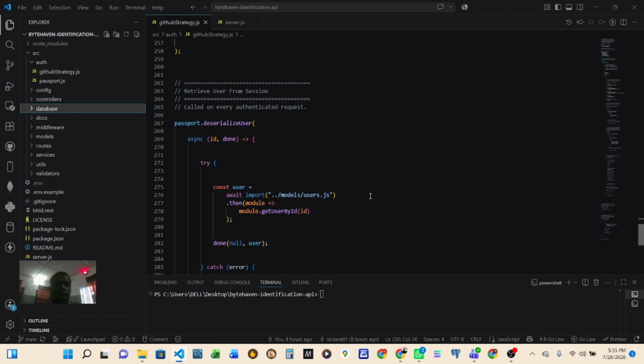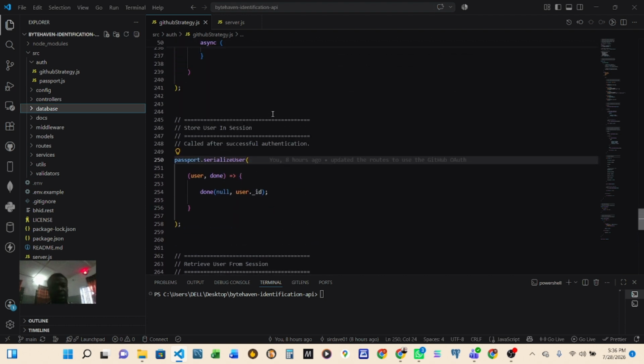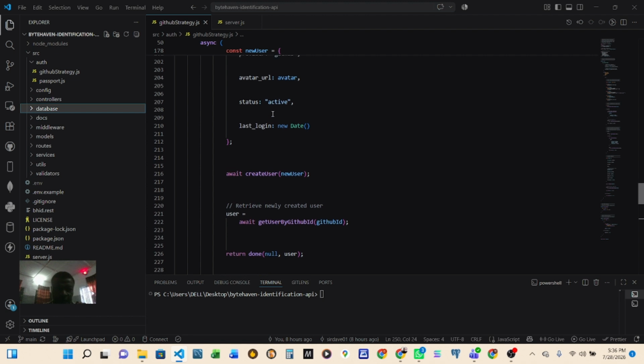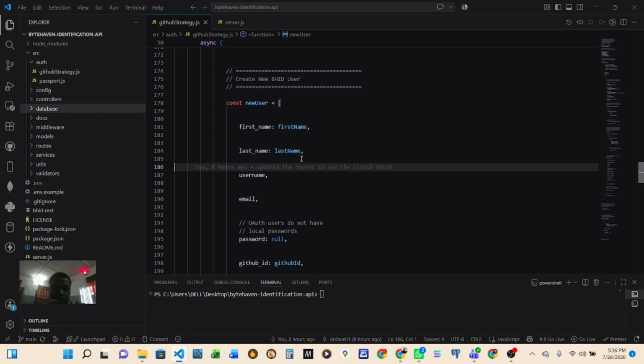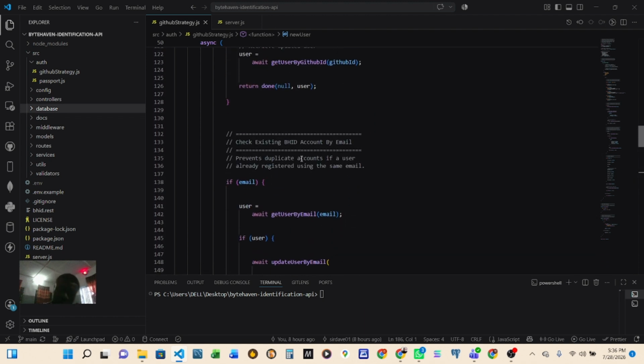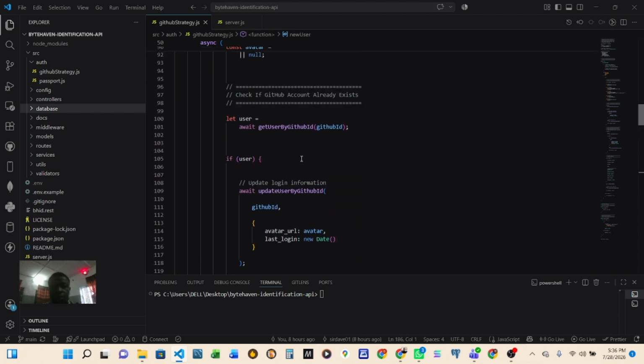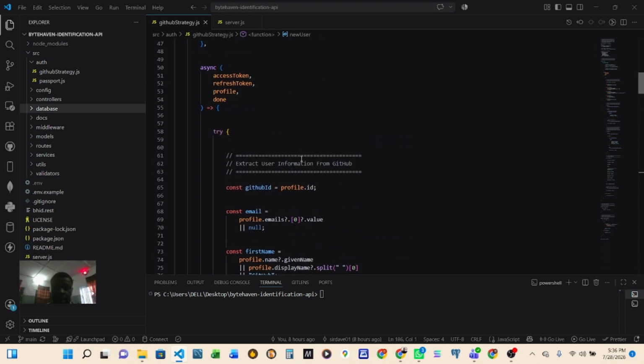So we are just continuing from where we left off on the week 3 assignment, and this week 4 assignment. In week 4, we are doing authentication, OAuth. We are authenticating with GitHub, so that's why you are seeing GitHub strategy.js here. The OAuth users do not have local passwords. We are not asking users to put passwords here, because once they log in with GitHub, it will be able to allow them access into the